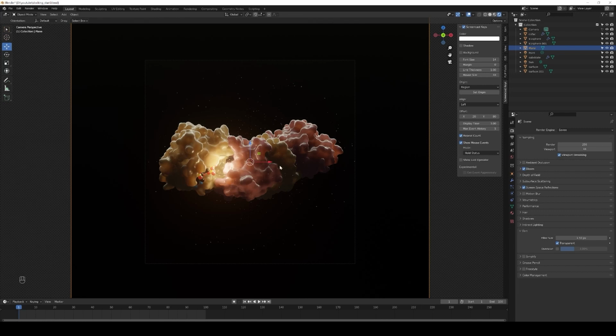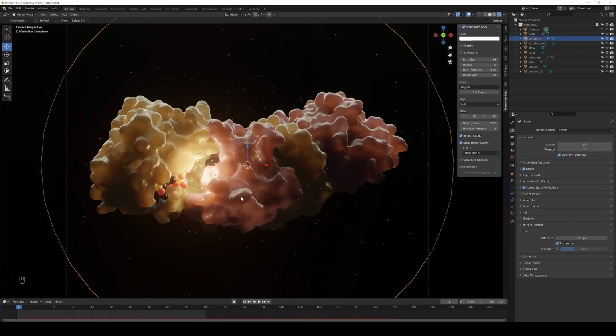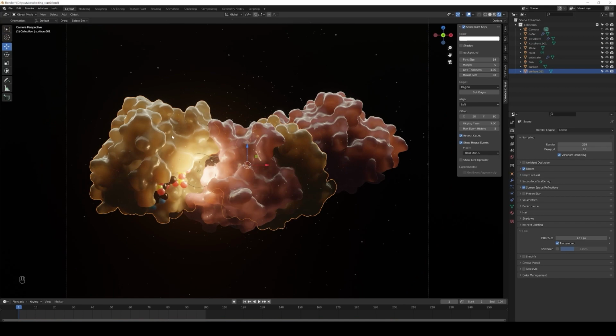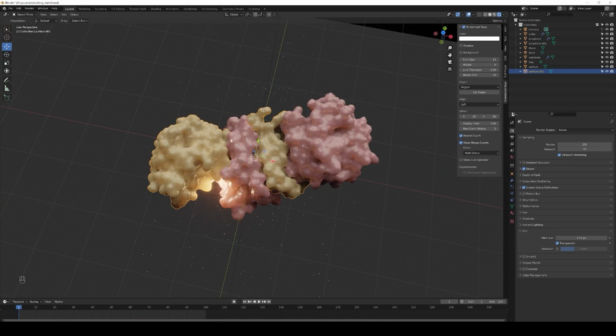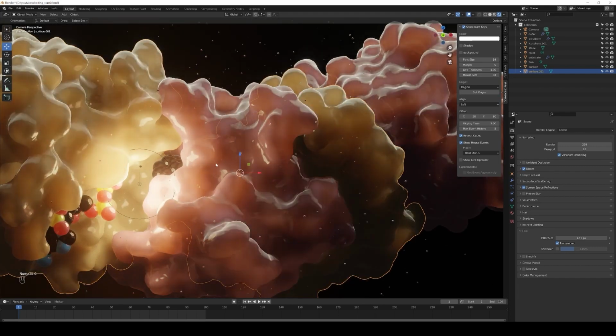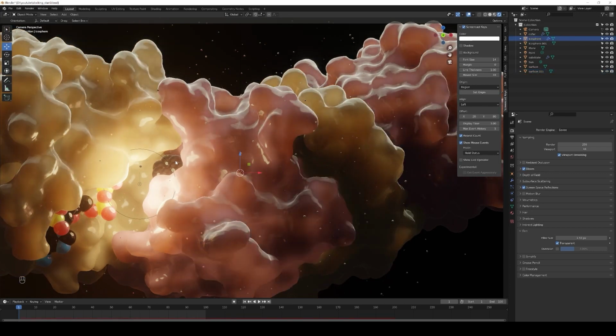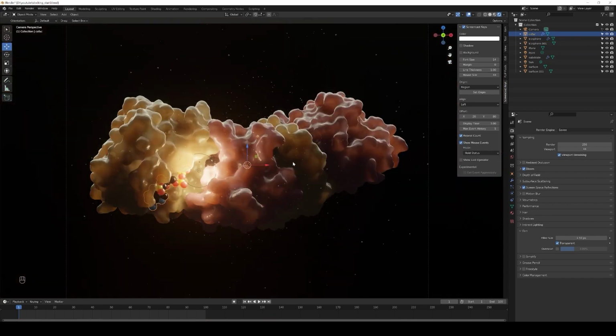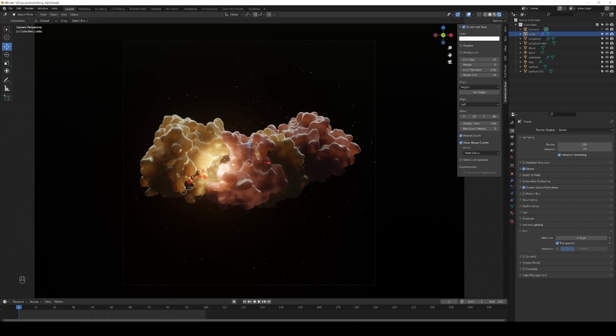So what you see on my screen here is what I mentioned already. I have a biomolecule. It's an enzyme that consists out of two subunits, in my case the yellow one and the red one. Then on the inside of the active site, I have my substrate positioned here. This is this molecule, and then there is a cofactor on that side. What I would like to produce now is, of course, my substrate flying into the active site, as I mentioned already. And the best way on how to do that is just to start with the